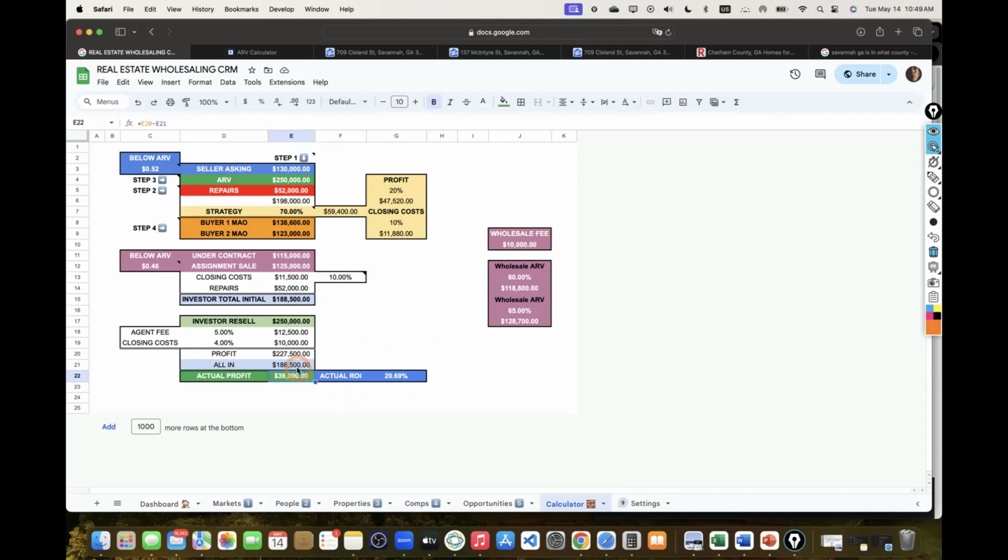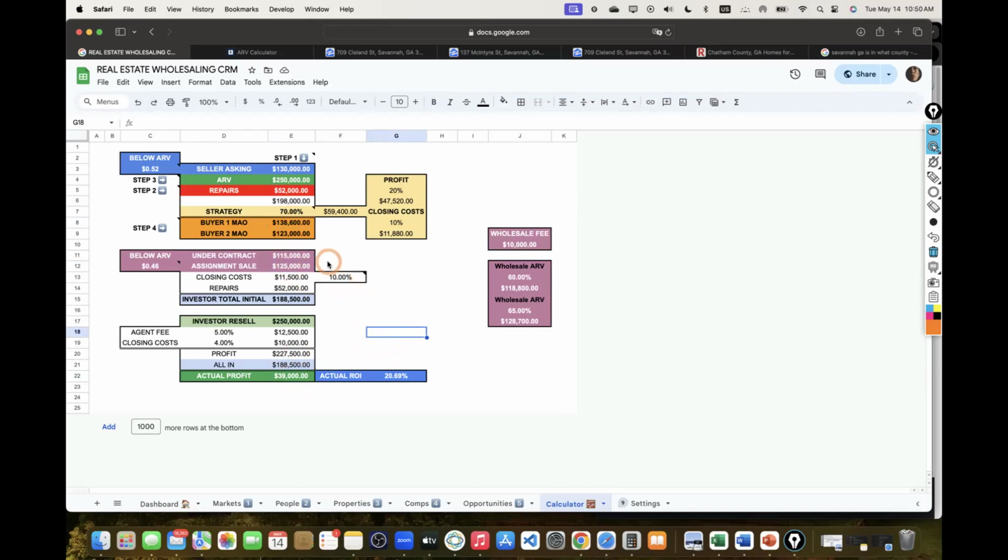So $39,000 when they invested 188, some of them will definitely be satisfied. Some of them like to be more aggressive and they want more. Who doesn't want more? Of course, that's perfectly fine. There's no problem. There's no issue with that. But again, somebody is definitely interested in that. But we also noticed that somebody is also willing to pay a little bit more for this deal. There's always someone willing to pay more. So at the end of the day, this makes really good sense.